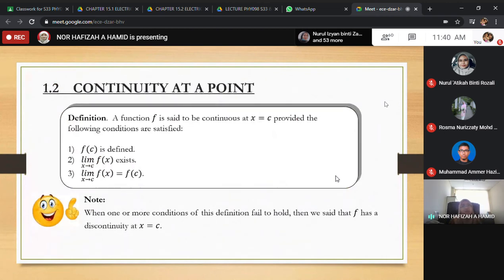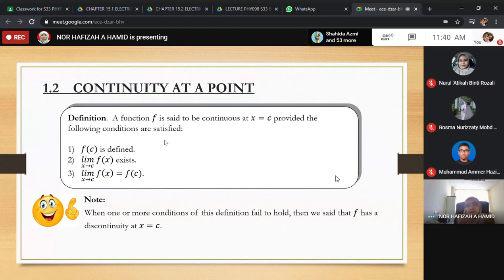Okay, so continuity ni sebenarnya dia dah masuk, dia pakai balik yang you belajar dulu lah. So kalau you tak ada problem yang sebelum ni, saya rasa you boleh buatlah continuity ni. Okay. So for continuity, definition dia, a function f is said to be continuous at x is equal to c,